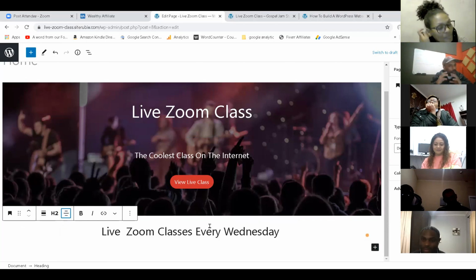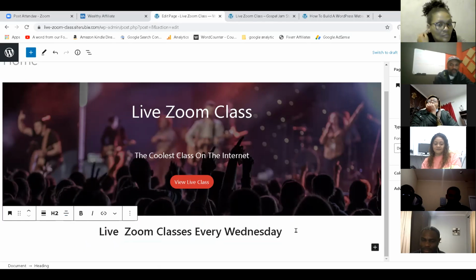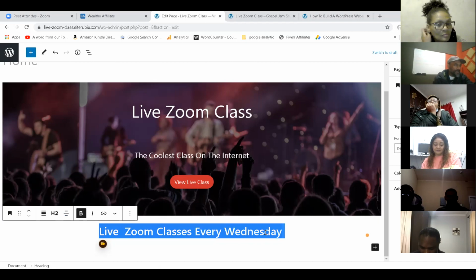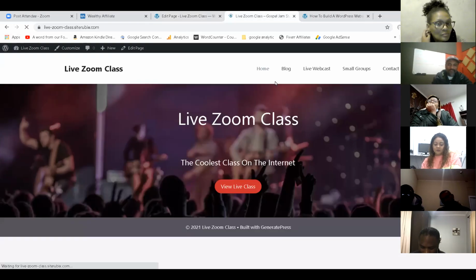Ooh, and then I want it to stand out. So I'm going to make it bold. I'm going to click the text, highlight it, double click it. I'm going to select the whole thing and click the B. It made it bold now. See that? Sometimes you could double click and it'll select it automatically for you. So now I'm going to click update and we're going to hit refresh.